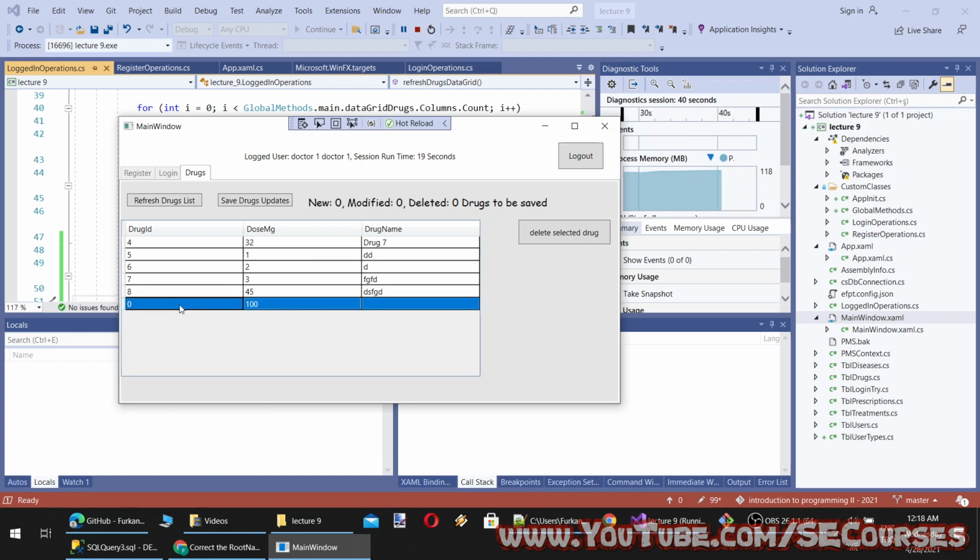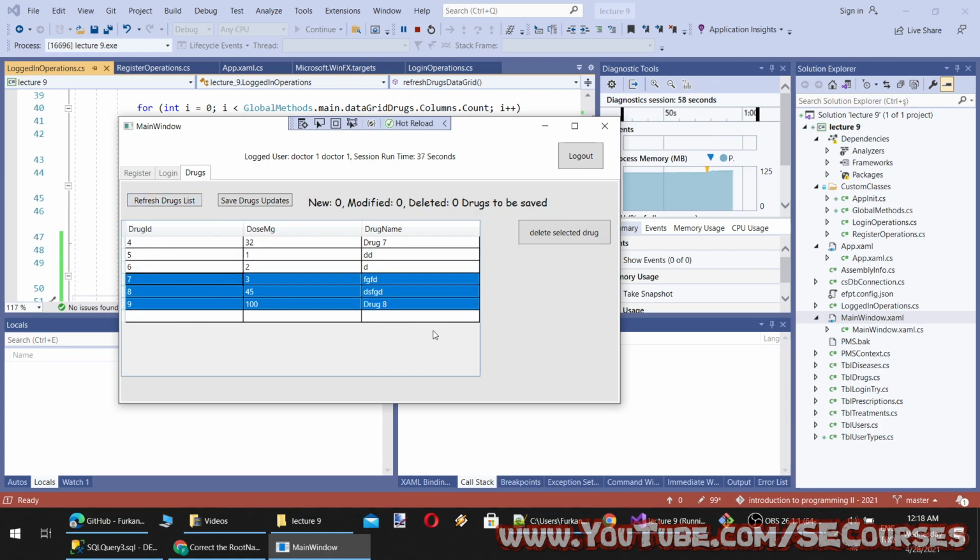Okay, it got a 0 default value, but I think it will be ignored. 8. And then save. Okay, now it is saved, and when I refresh, you see they are here as expected, and it is working great. Okay, so now we can